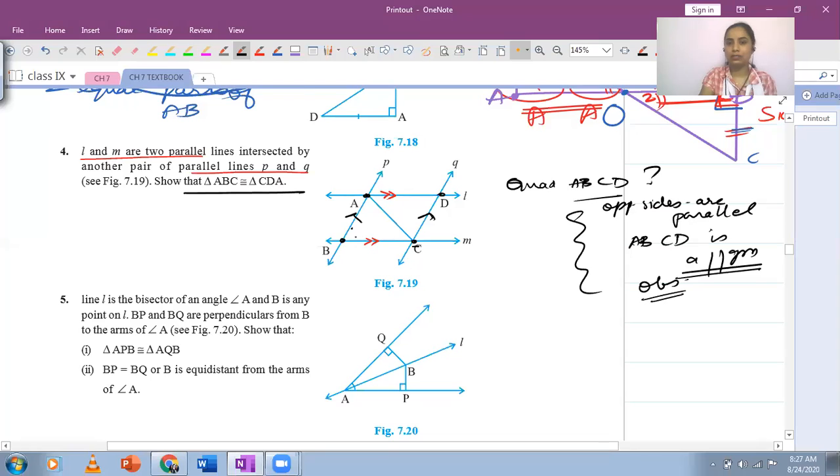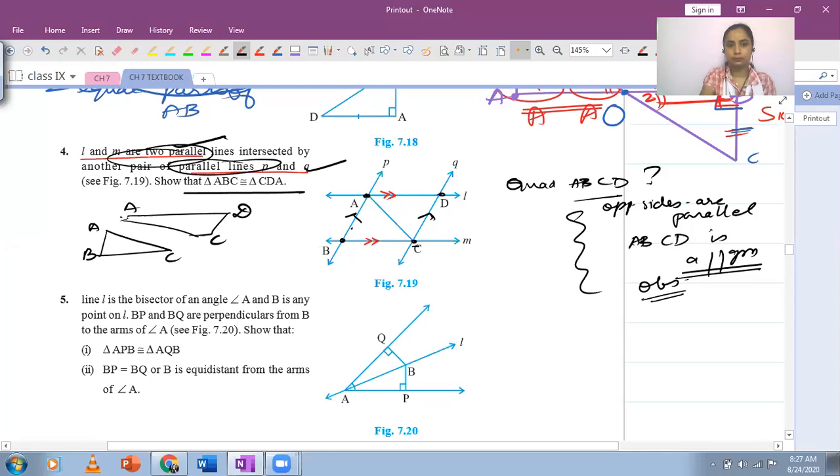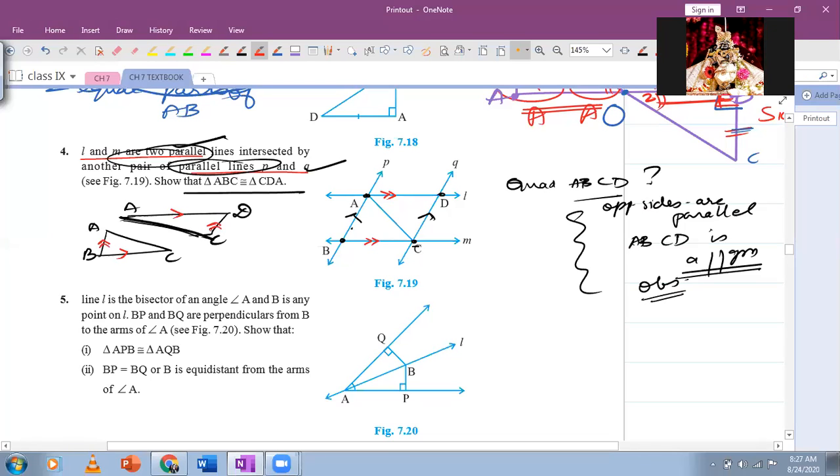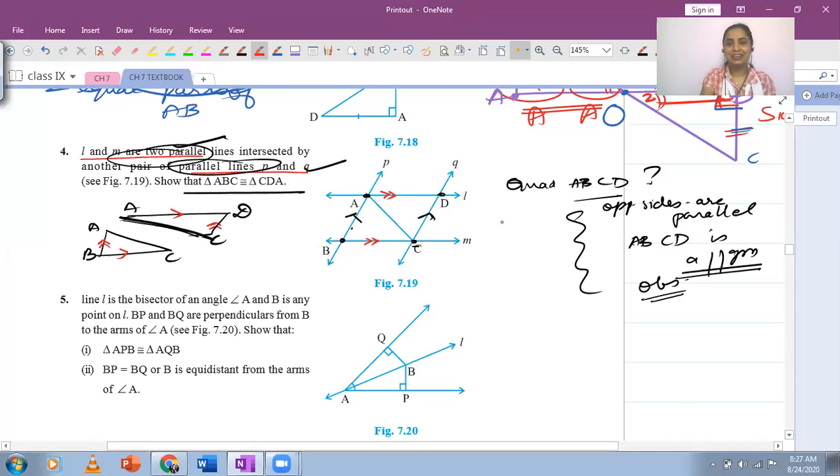And let's just focus on what's given to us. We've been given these parallel lines. There is this line segment drawn. And if we want to prove these two triangles congruent based on these things given to us, we have only been given parallel lines and nothing else. So using these, you have to prove these two triangles congruent. I will just roughly draw and separate the two. So these are the two triangles, ABC, and this one's ADC. How can you prove these two congruent? Taranpreet has actually given the criteria already. The sides are not equal. You will need to prove that it's a parallelogram first if you want to prove.